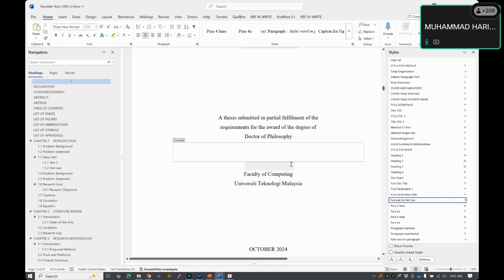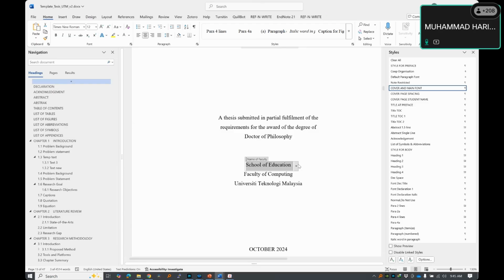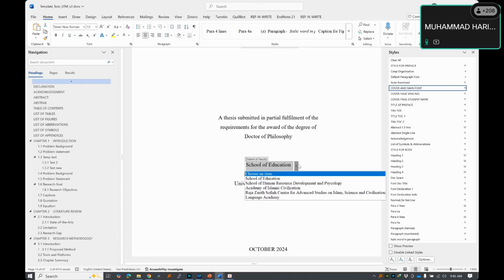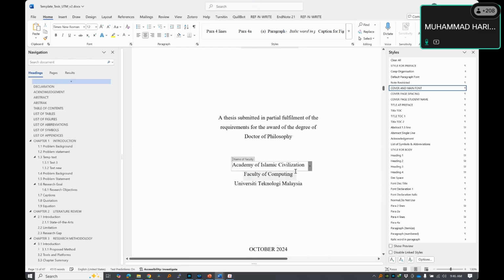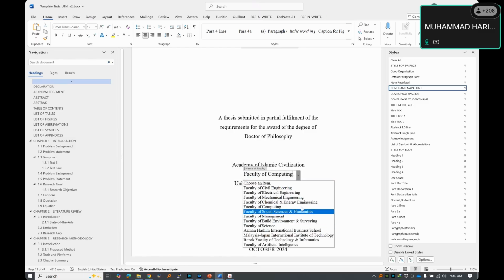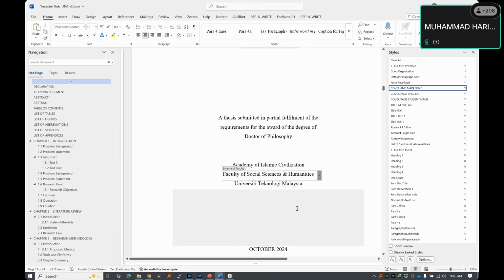Okay, for example, if you belong to any faculty which has a school like the Academy of Islamic Civilization, then you need to mention the school. So I will select this one, and for example, let's say it comes under the Faculty of Social Sciences, then it's okay. But if you belong to a faculty only,